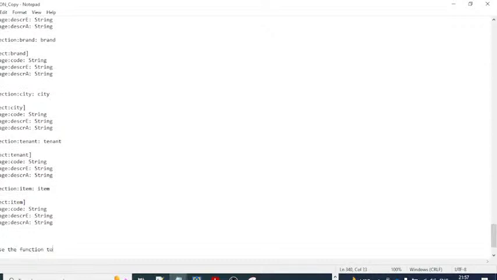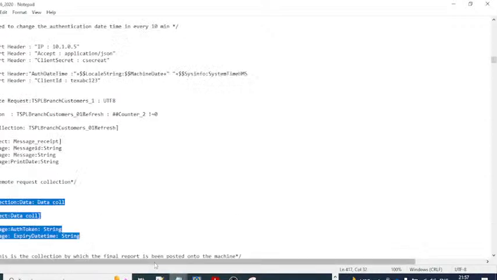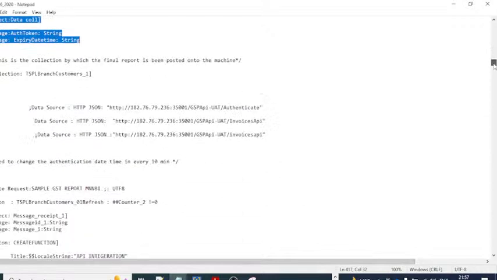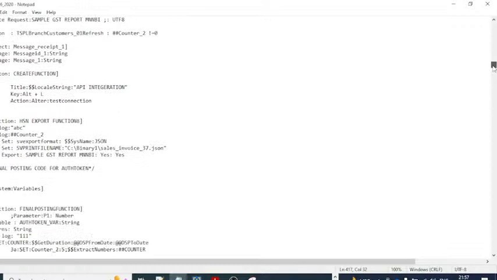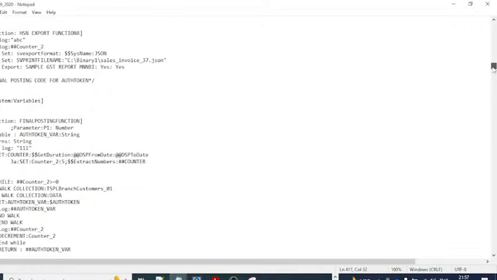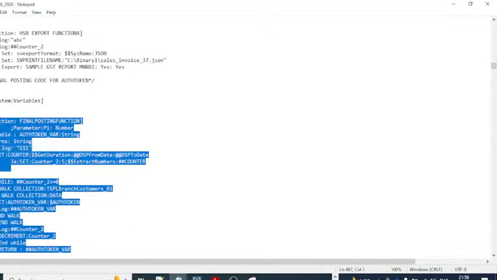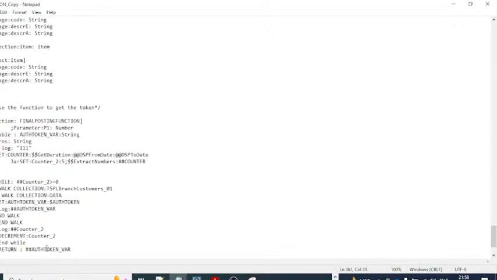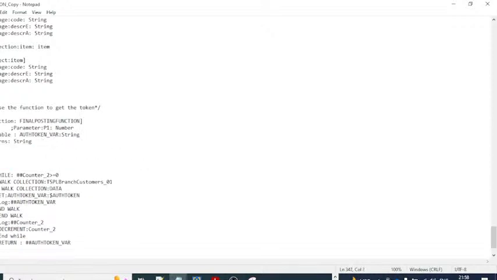यूज द फंक्शन टू गेट द टोकन। ठीक है ना। तो उसका कोड यहां से चेपते हैं, इससे सब कुछ आ जाएगा। फंक्शन, ये, कंट्रोल वी, फाइनल पोस्टिंग फंक्शन ये आया, रिटर्न स्ट्रिंग, हटा दो इसको, हटा दो उसको,